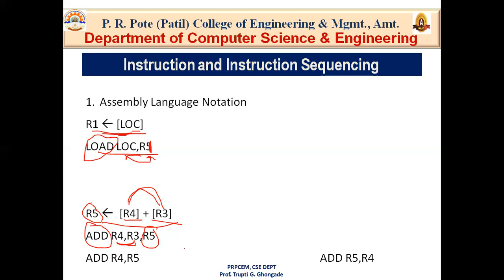So your PC is incremented, and after executing the current instruction, the next instruction whose address is stored in the program counter is fetched from memory, and these operations are performed again in a cycle: fetching, then decode, then execute, and again your PC is incremented, and from the PC we get the address of the next instruction, and these operations are performed again.